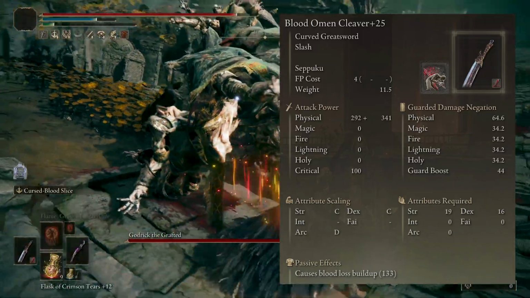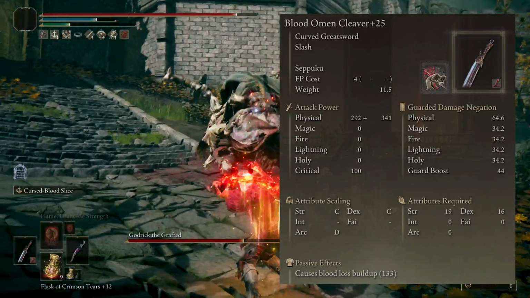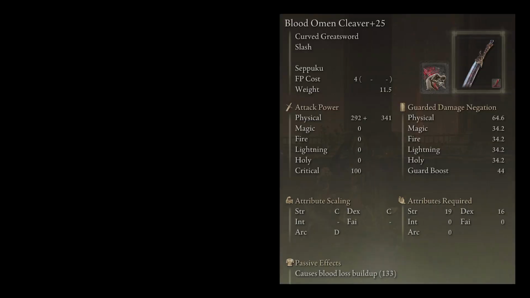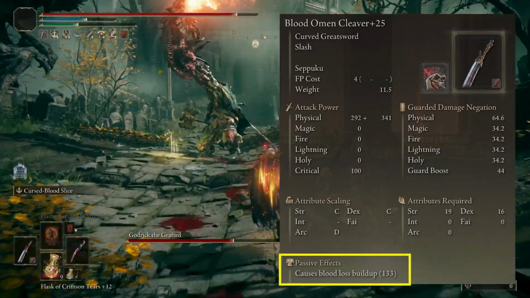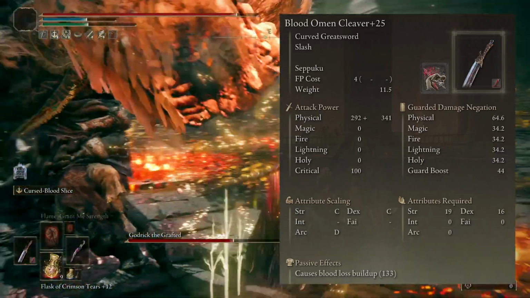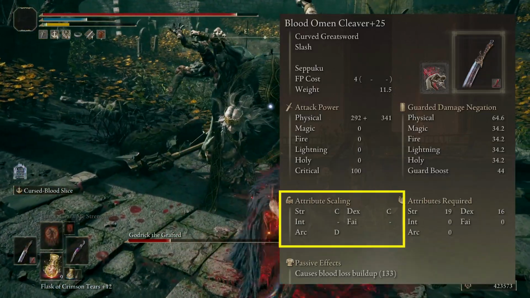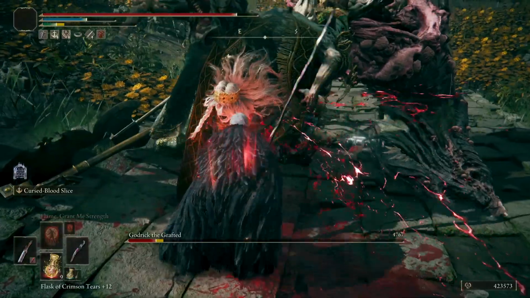The chance to add Seppuku Ash of War to apply the bleed effect, increasing the blood loss buildup and attack power. Also the chance to apply bleed affinity to increase the blood loss buildup to 133 on a max weapon. It scales C with strength, C with dexterity, and D with arcane,